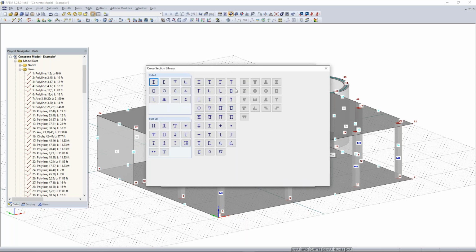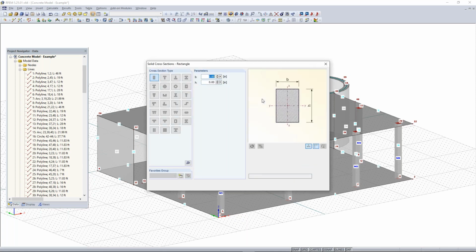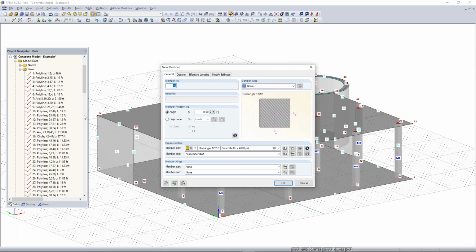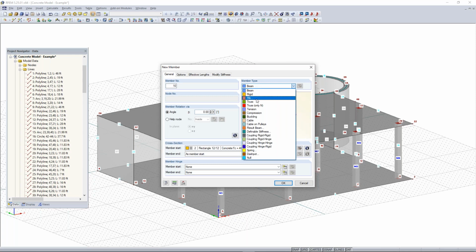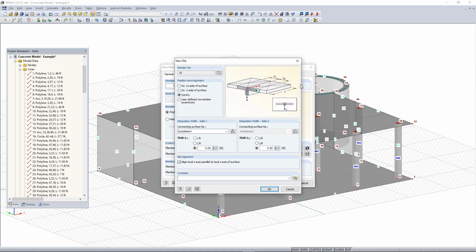And then once that opens up, this downstand beam is going to have some different dimensions compared to our columns. So this beam is going to be 12 inches by 12 inches. And it's also going to be a rib element. So if we go to our member type here, we want to change our member type to a rib type. And basically for rib type members or beams, if we go to edit member type, you can see that for a rib, there are two different integration widths on each side. So this is going to integrate into our ceiling slab here,